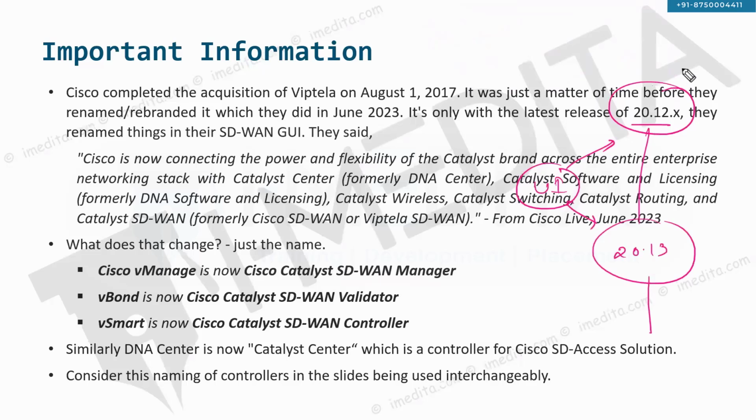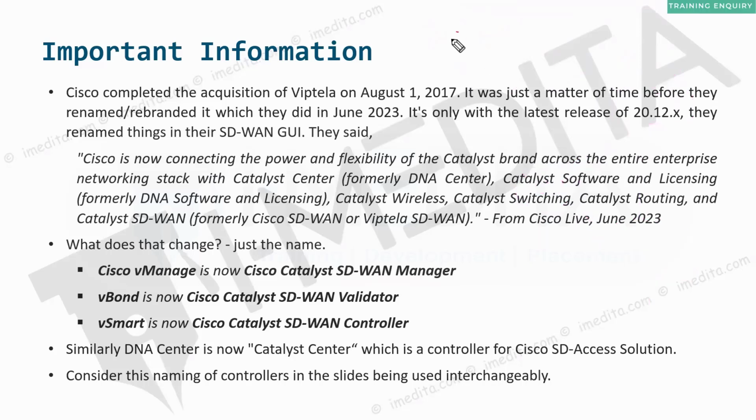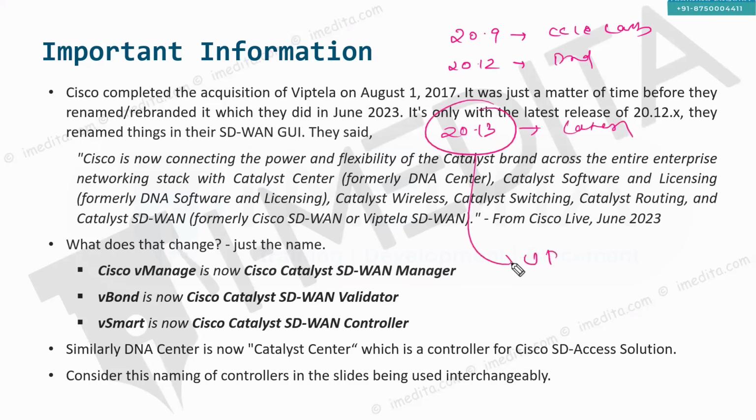The user interface of 20.12 and the user interface of 20.13 is completely different. So which gives us a challenge: which version should we practice on? Should we practice on the version that is there in the CCIE lab exam? Should we practice on the version that is recommended by Cisco for the production environment? Or should we practice on the latest version, from where the user interface has started